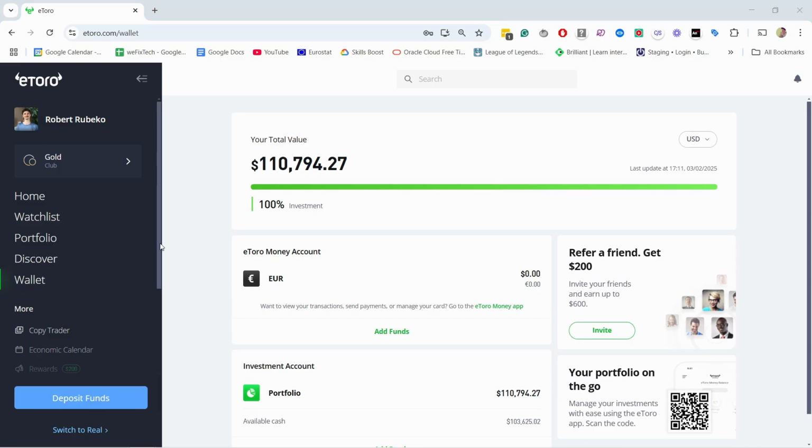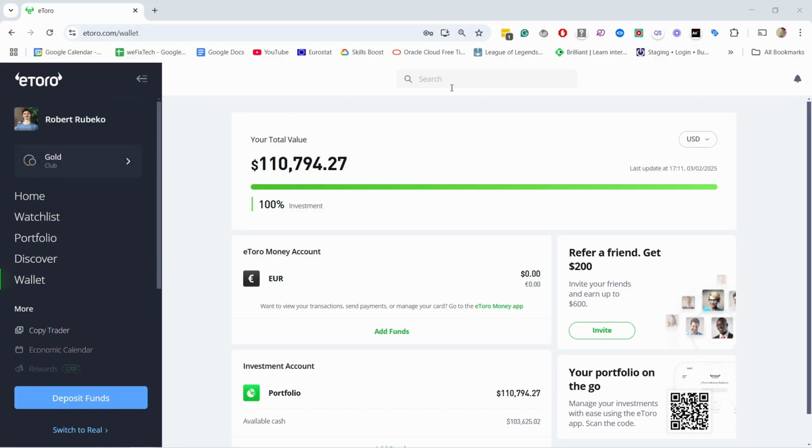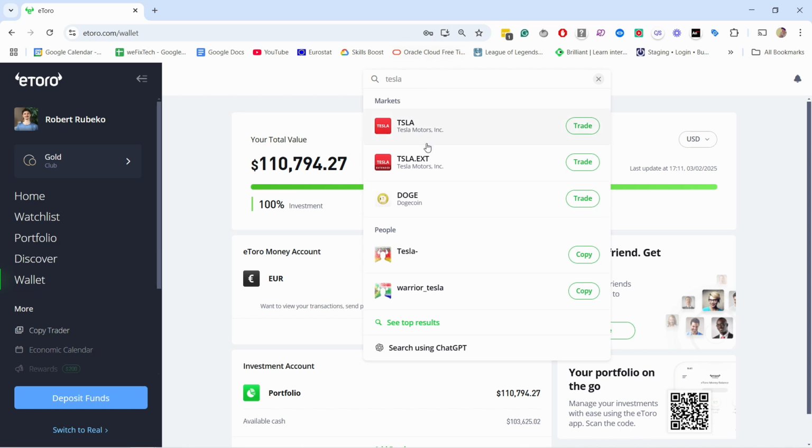Let me show you what type of assets you have here. First of all, you obviously have all the stocks and things like that, and you can use the search to find, for example, Tesla. And notice how there's 2 different Teslas. If you see something like .ext, that means it's somehow special. In this case, it's not a different stock exchange like we saw in Nokia, but this is actually, I'll get to this in a second, but let's take a look at the